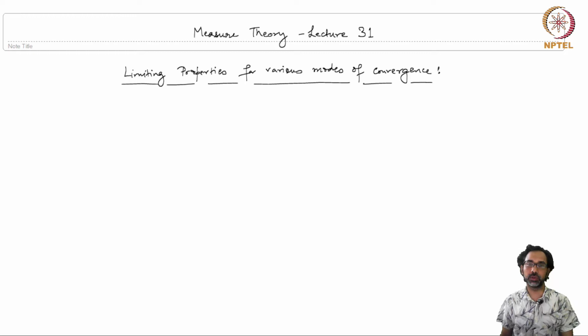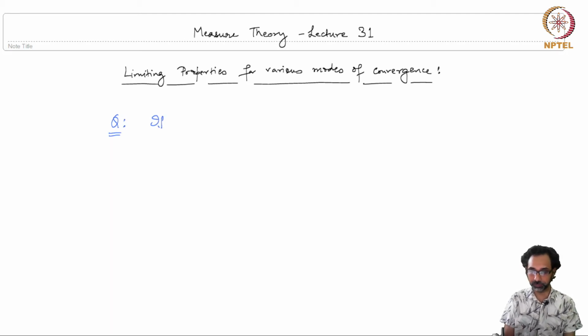Until now, we have explored the various modes of convergence, and we have seen how they are interrelated with each other, and we have seen the various implications and the failure of the reversal of many of these implications. And in this lecture, we will look at some limiting properties of the modes of convergence. In particular, we will ask the following question,